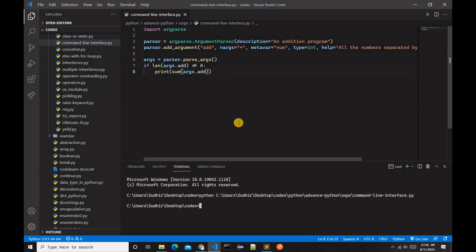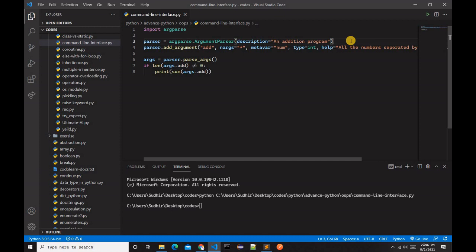So guys, first of all we imported the argparse module, then created an ArgumentParser object, and also provided a description of our program, which is this. Now we can fill up our parser object with information by adding arguments. In this example, we created an argument add.